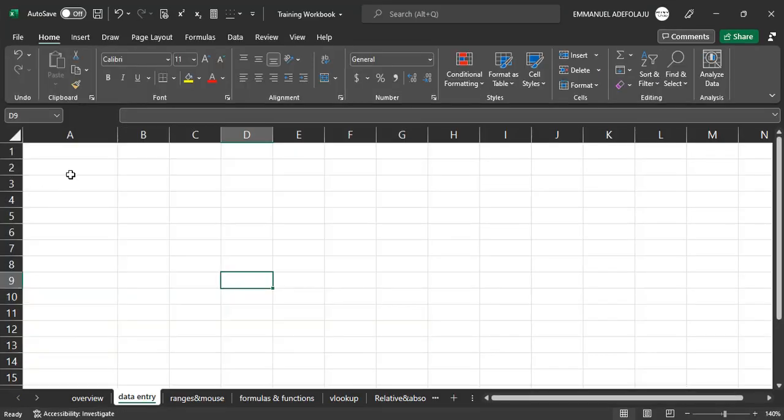To enter data in Microsoft Excel, you enter data in what we call a cell. So this is an active cell, and a cell is an intersection between a row and a column. It depends on the type of data that you want to enter in Excel. If you want to enter a heading, for example,